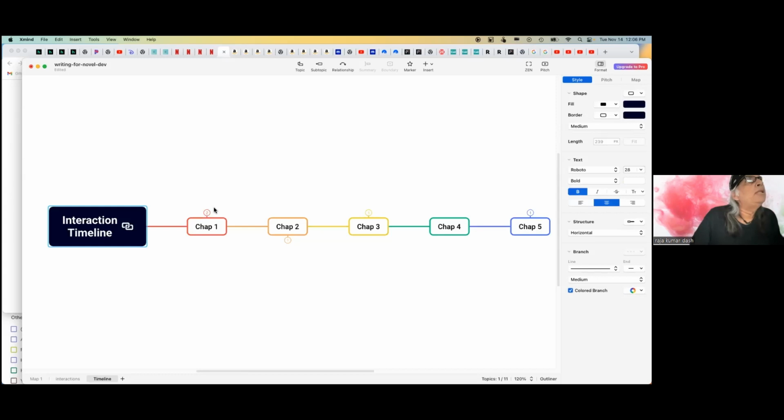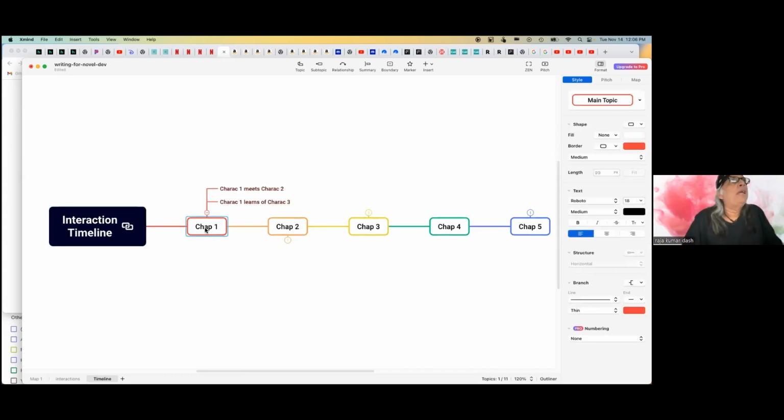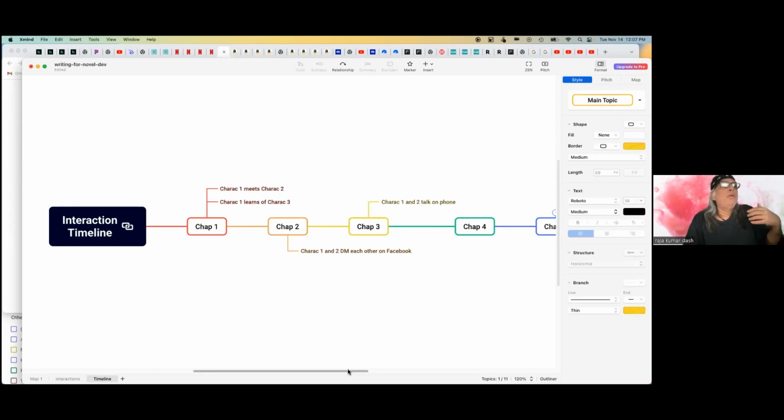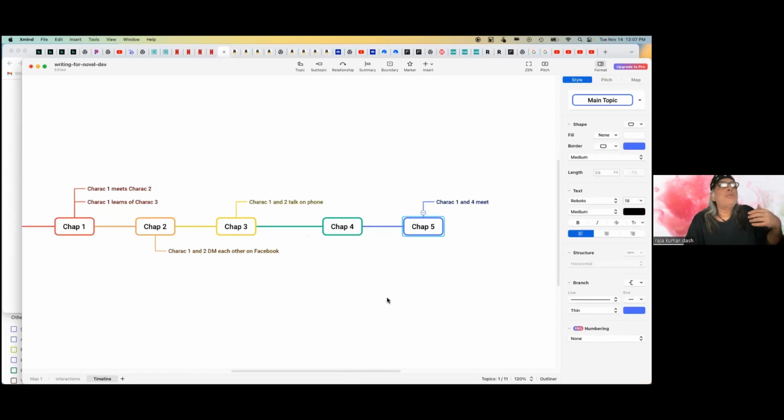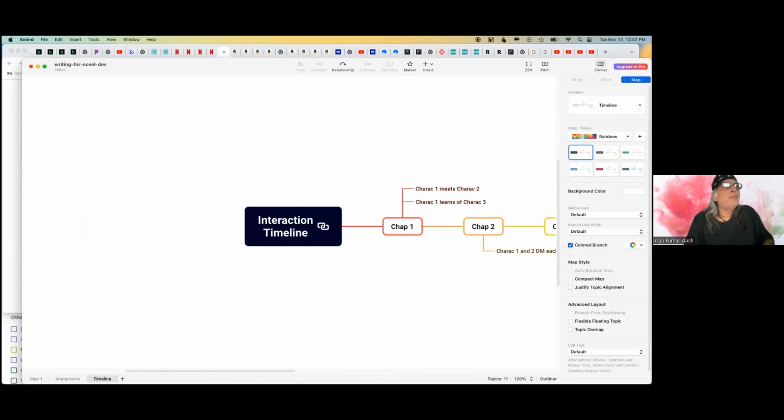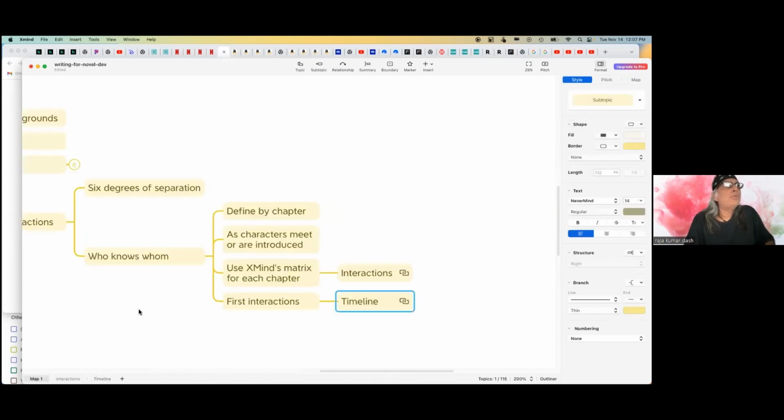So I'm recording the exact same information, and I'm saying character 1 meets character 2. Character 1 learns of character 3 in chapter 1. In chapter 2, character 1 and character 2 DM each other. So it's the same information as in the matrix. There's just an alternate way to present how each character interacts with each other, and it's purely for the sake of cohesion in your writing. So let's go back to,